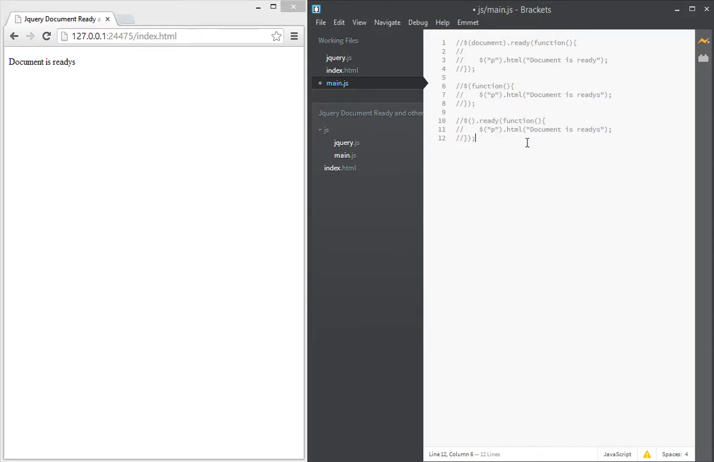So next, let's move to document load. It goes with the syntax of something like this. So let's say document.load, and then we do something, pass it a function, and let's say the same as p.html